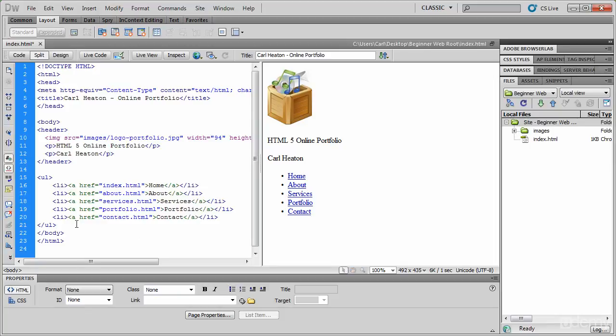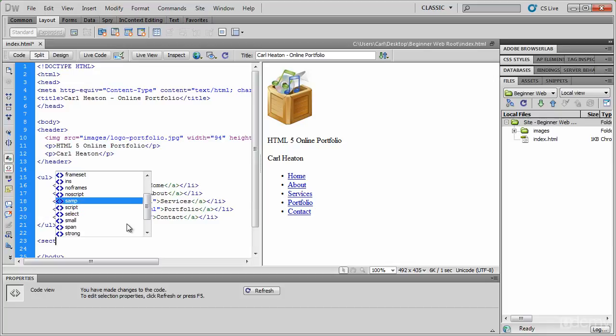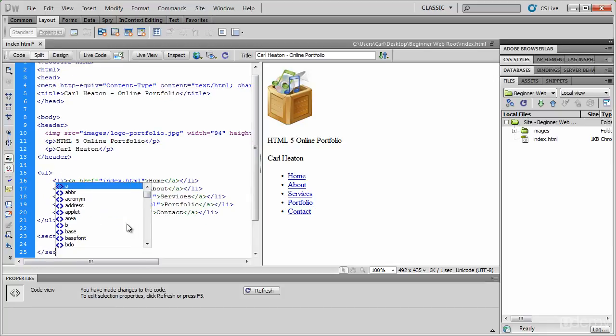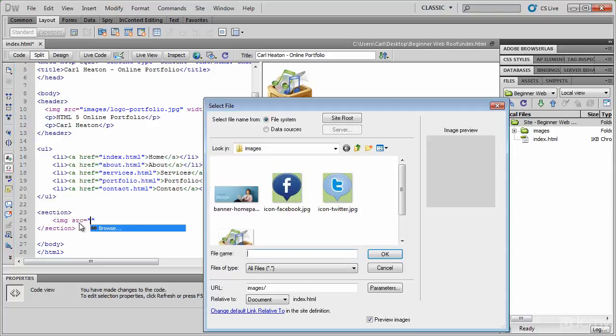So next on our list then is going to be our section. So this time is going to be a section, and I will end it there, section. There we go. So this is going to be our main content area. So inside here I'm just going to tab over, and the first thing we want to do then is image. Image source, enter, select your banner, click OK,